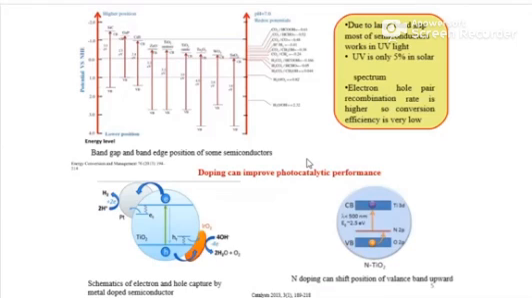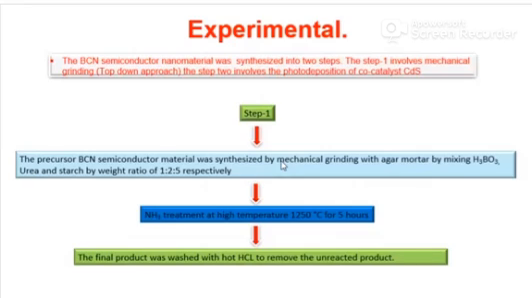So we have deposited, with the help of solar light, the cadmium sulfide, because it has a reasonable band gap that extends from 2 point something to 1 point something. Okay. So the experimental work